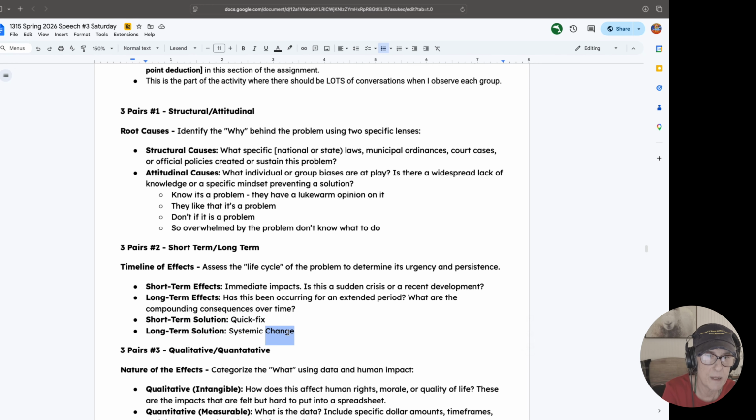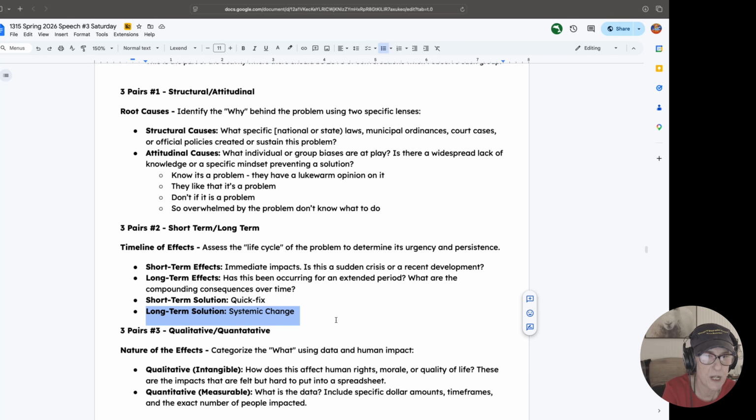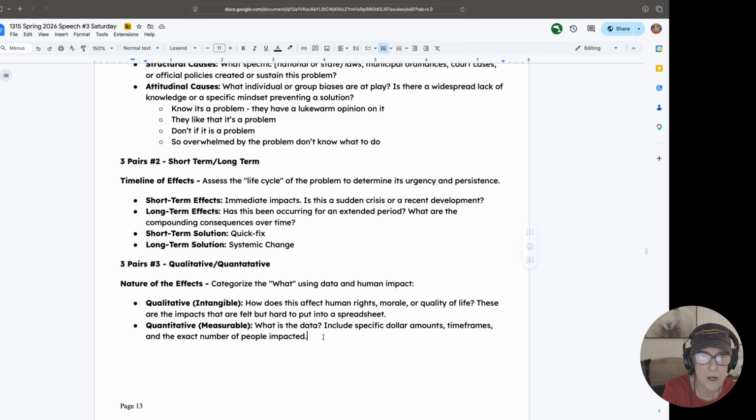Other times it may be more of a long-term systemic change that you need to make. So for example, if we're talking about a situation where there's an ice storm coming, we want to make sure if there are people who need immediate shelter, that is a quick fix. Or we may create a program where we have job training, maybe we create tiny homes, and now that's a systemic change to providing housing for people. Or even if we're looking at affordable housing, right? Affordable housing, there may be developments that are built that are more affordable for working